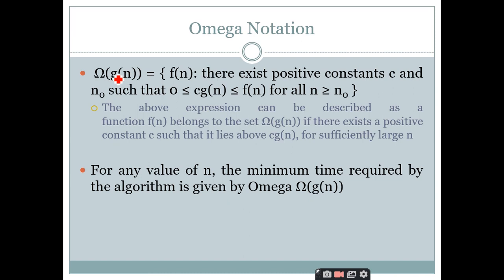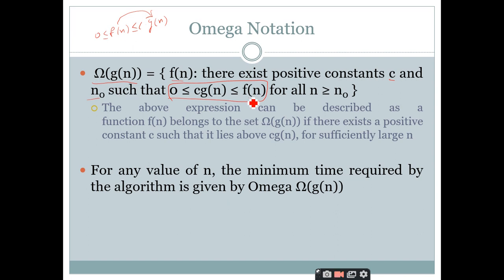Yes, sir. Right. So the other one is the counterpart, which is the big omega notation. Big omega of g of n is equal to f of n if there exist positive constants C and n naught, such that you can observe the difference between the formula of big O notation and big omega notation. There I have written 0 less than or equal to f of n less than or equal to C into g of n. But here I have written the formula as 0 less than or equal to C into g of n less than or equal to f of n.